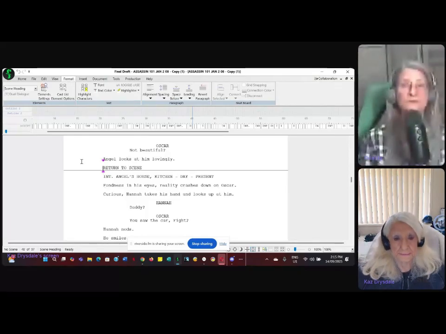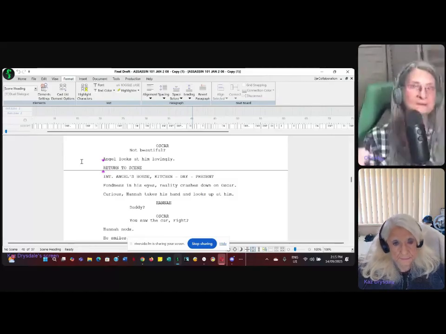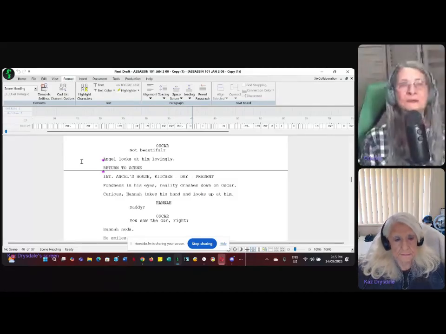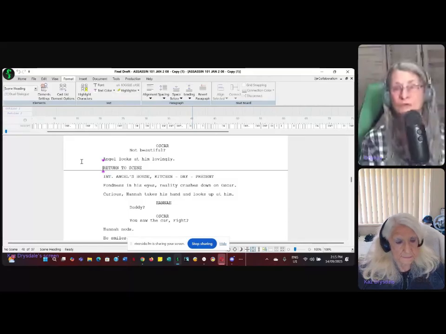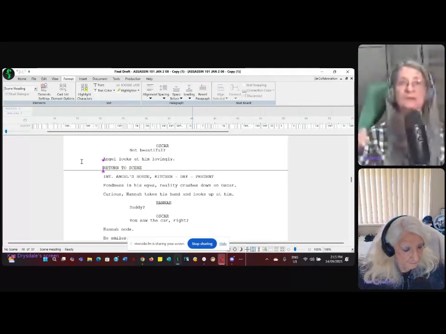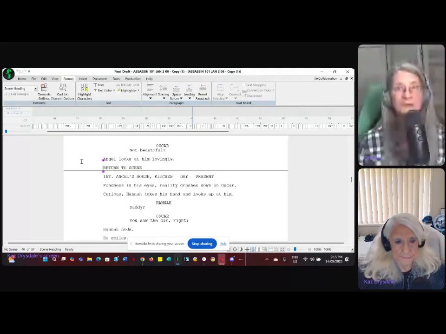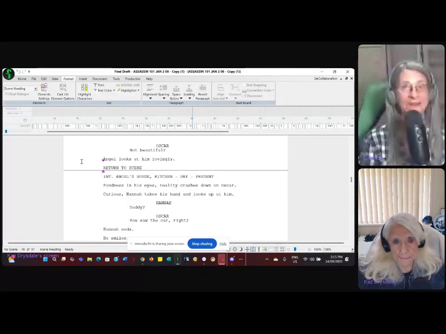You have to physically end that time period. And the only way to do that is to say return to original scene. That's what return to scene means: you go right back to where the last scene had ended prior to the flashback.